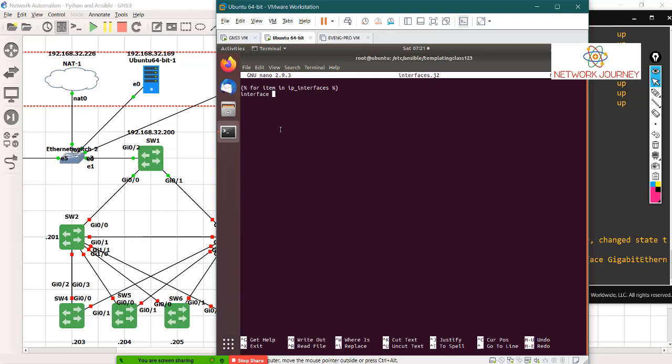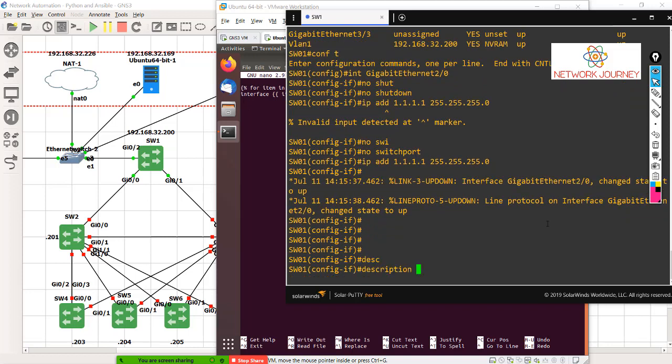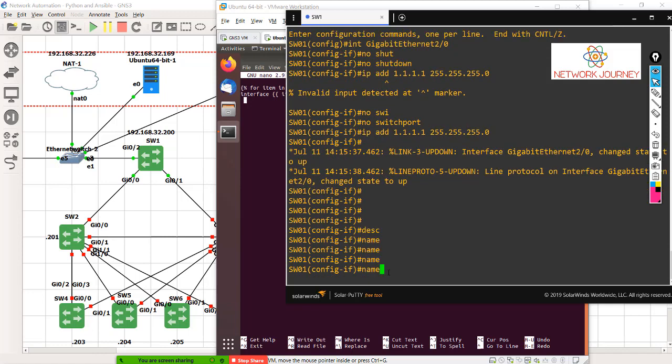Okay, so I say interface. What is the interface that I'm going to consider? So let's give a variable so that it depends on the data model. Once I am within interface, I will say description, right? That's the way we configure, right? If I'm not wrong, description is the right word. We don't make use of name. Name is in the case of VLAN.